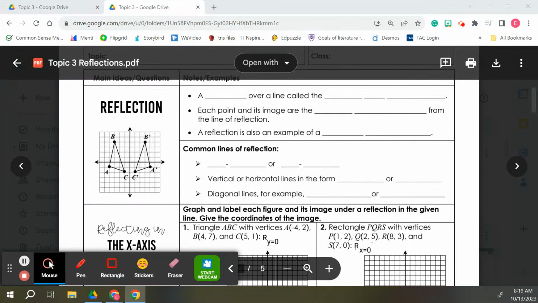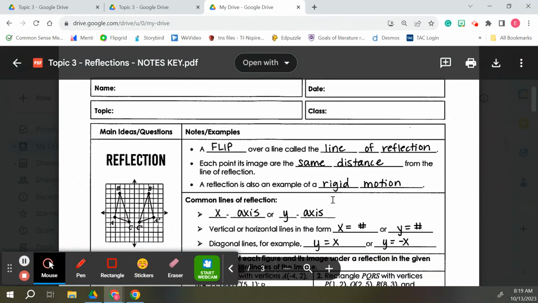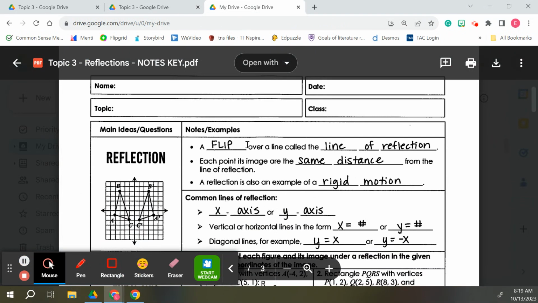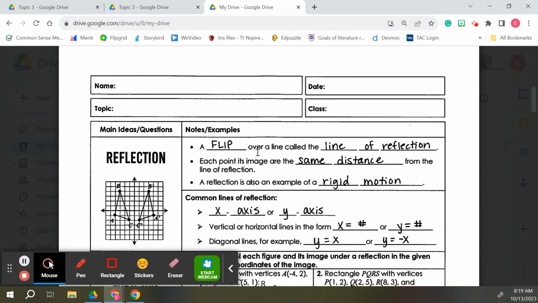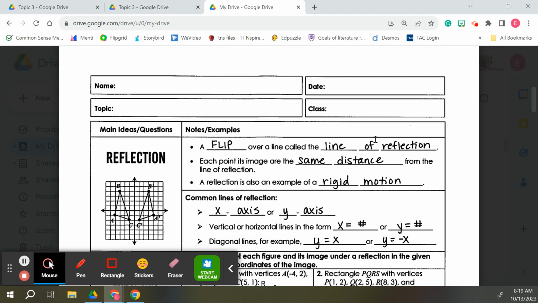Okay, so let's take a look. I'm going to give you guys again just the writing. This says a reflection is a flip over a line called the line of reflection. So flips happen over this thing called the line of reflection, and the line of reflection could take